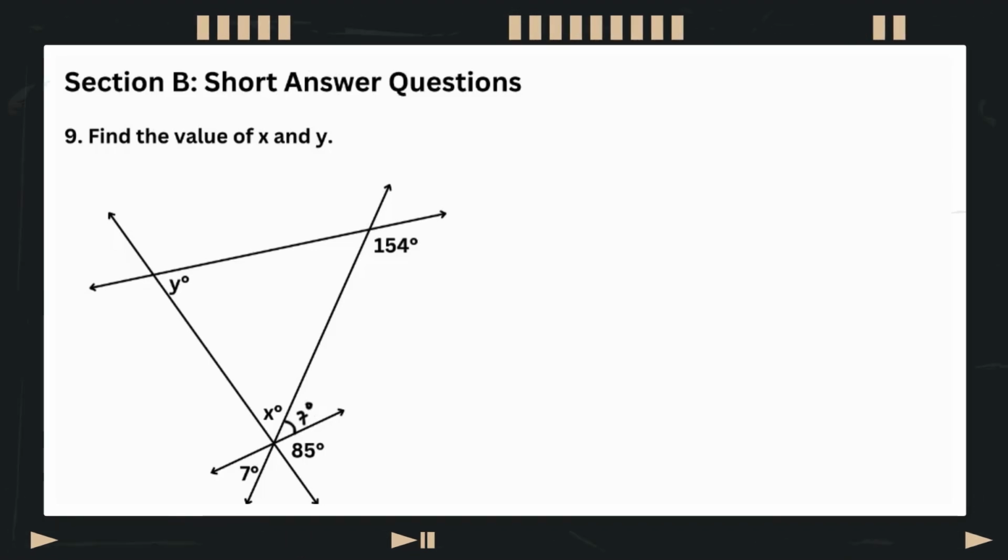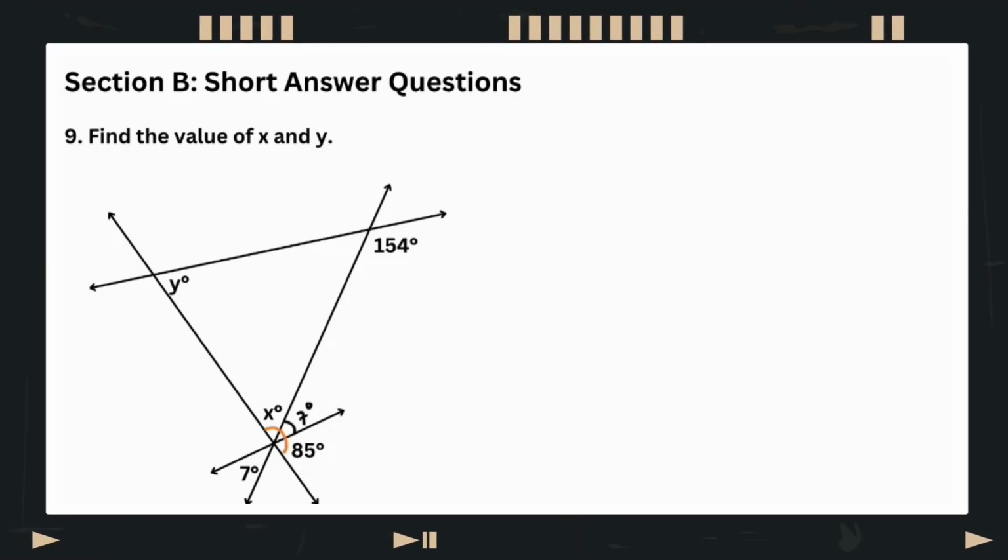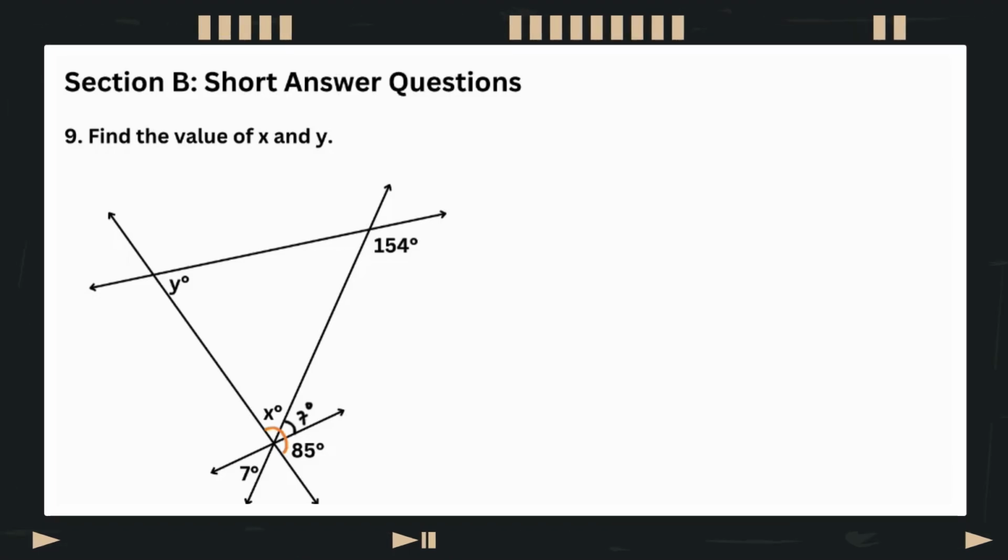And the sum of this, the one I highlighted in orange, is 180 degrees because it's an angle on a straight line. So to find x, we'll get 180 minus 85 minus 7,